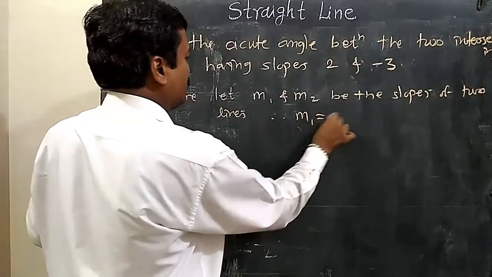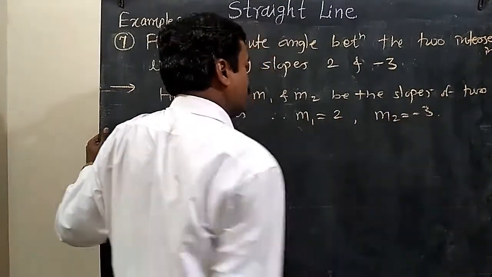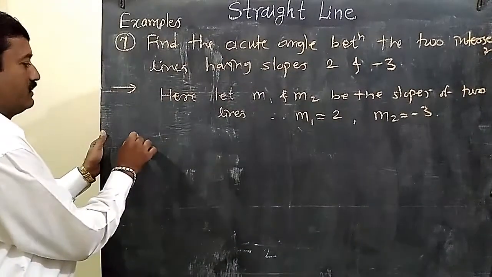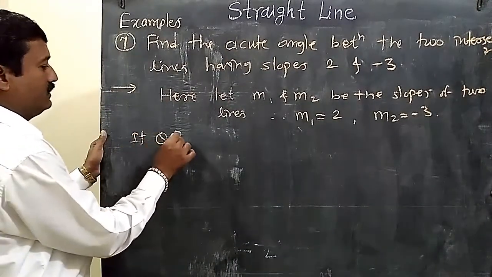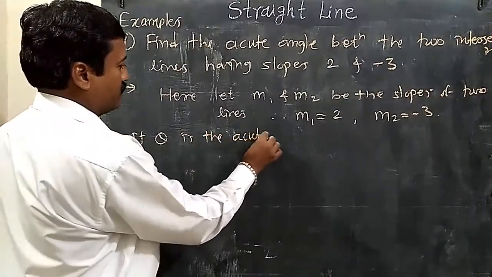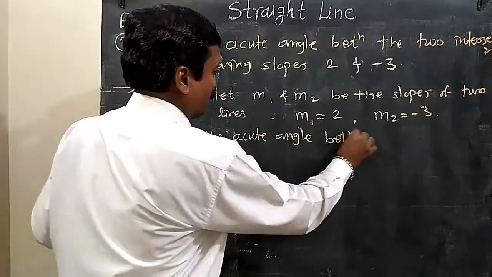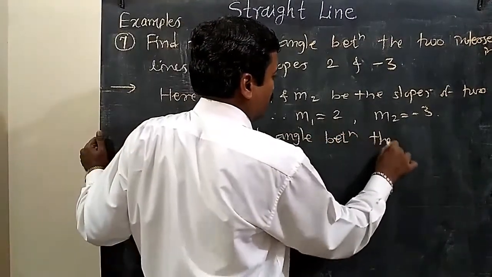Therefore, from the given, M1 equal to 2 and M2 equal to -3. If theta is the acute angle between these two lines,